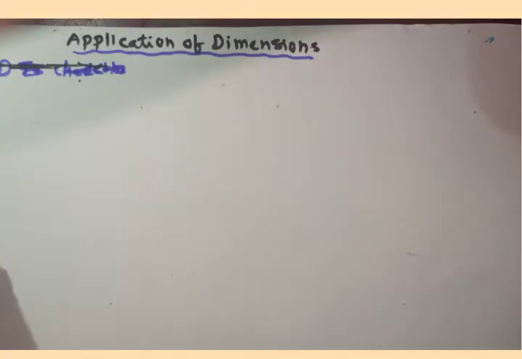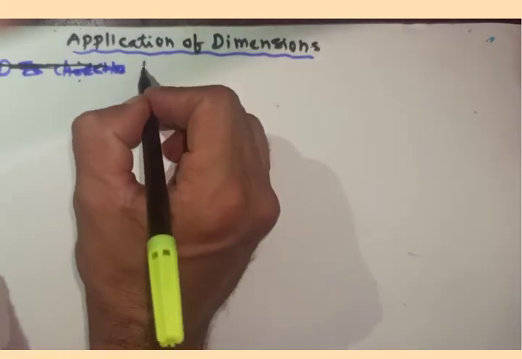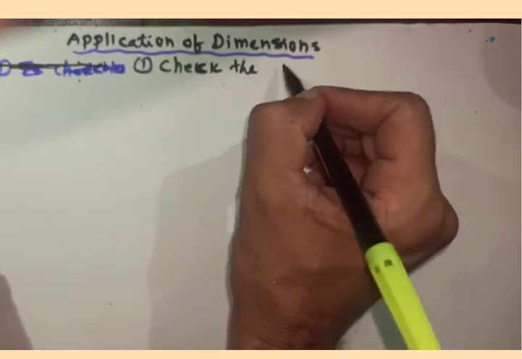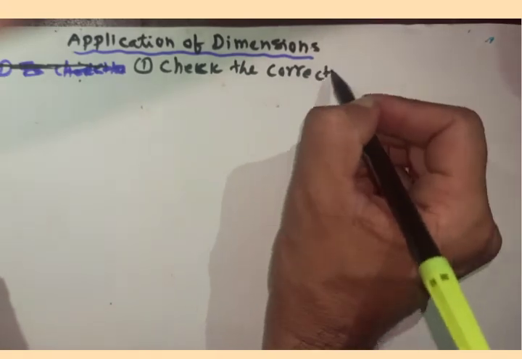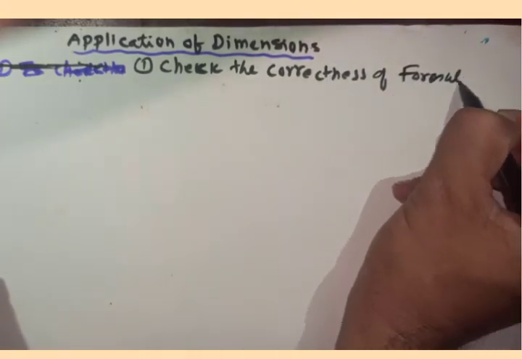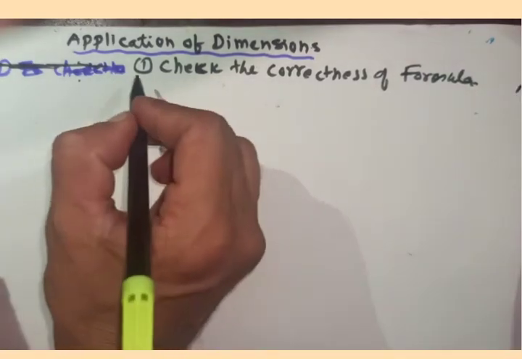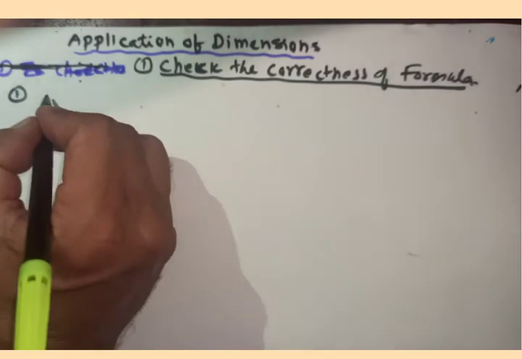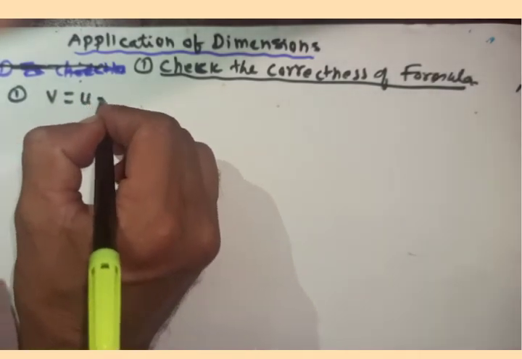Okay, dear students, let's try to understand the application of dimensions. There are more uses, but today we'll try to learn one of the uses, and that use is to check the correctness of a formula. Any formula or equation given to you, we can check its correctness. So to begin with, first we'll take the simplest one, that is v is equal to u plus